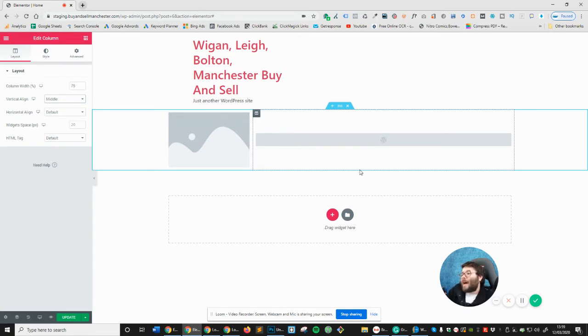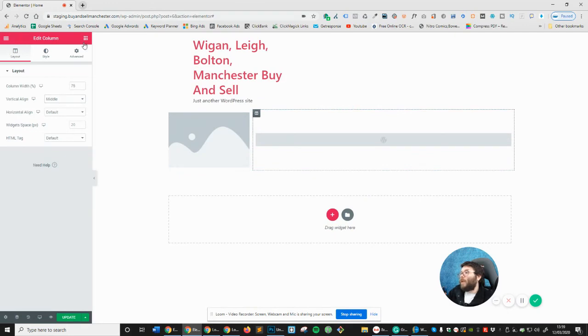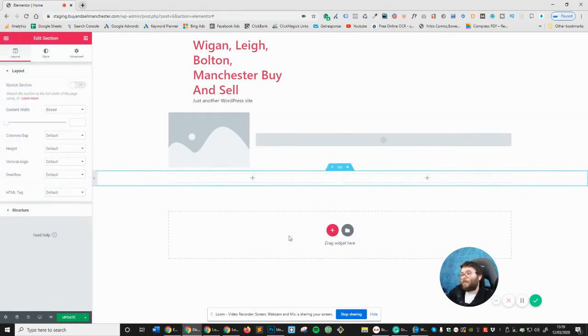So now that we've added that in, let's go ahead and see what else we need to add. Well, we said we're going to have 2 columns here as well. So how can we do that? Well, basically it's the exact same. So what do we do? We now click on this here and add 2 columns. Okay, and now we've got the 2 columns in, and again we want the right column to be the sidebar, just like that, and I'm happy with that. Okay,